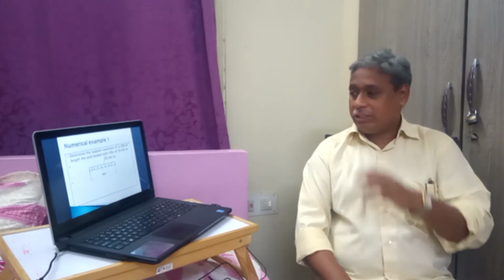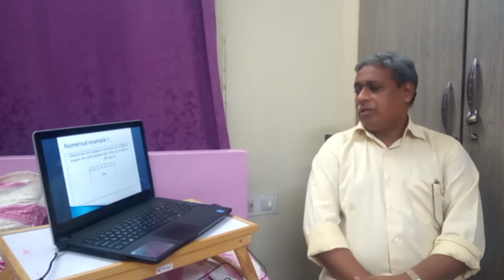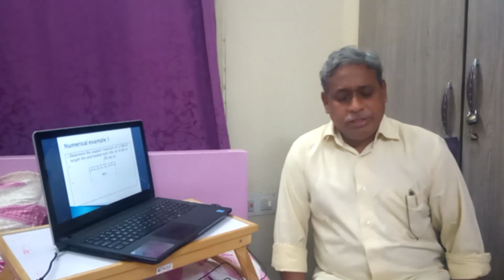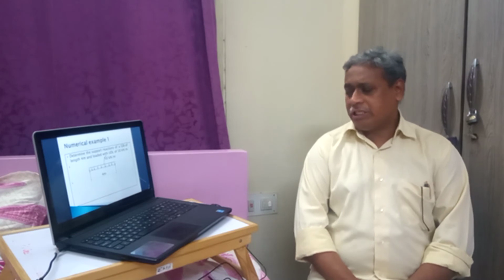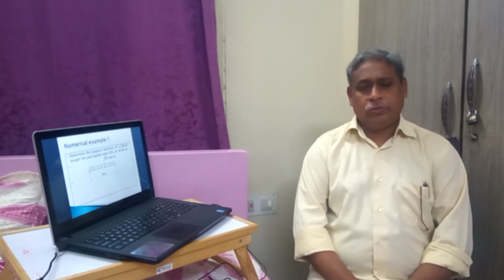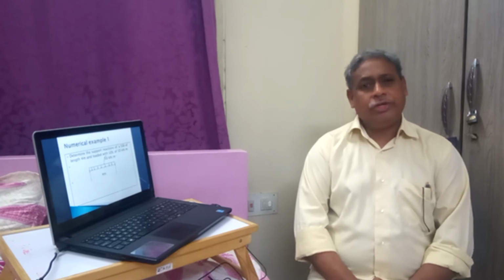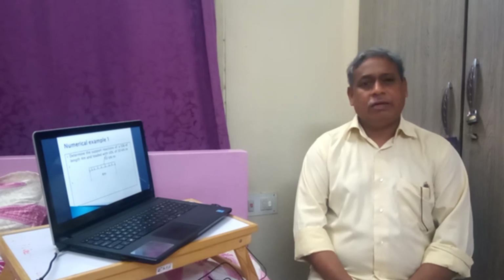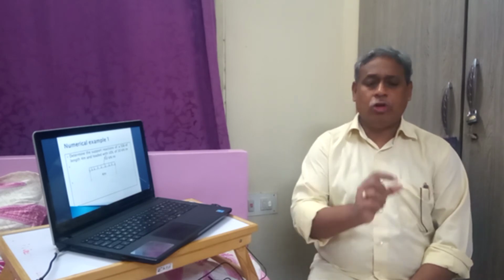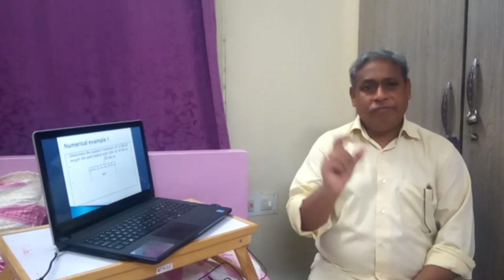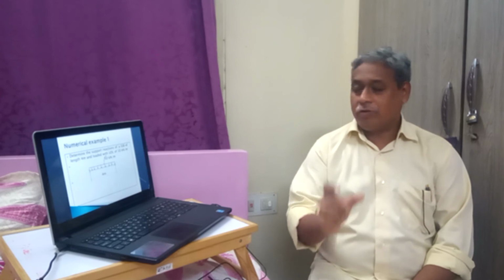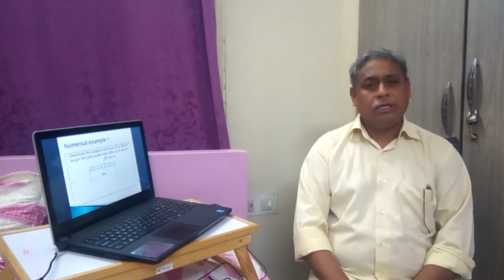Here the load is of 50 kilonewtons, the length is 4 meters. Our aim is to find the reactions by observation, by the symmetry. We know the reactions are half of the load. Many students commit a mistake while converting the UDL into the total load. Here the UDL is given in the form of intensity of loading, that is 50 kilonewton per meter. That is, for every meter the load is 50 kilonewtons. Since there are 4 meters, the load should be 50 into 4, that is 200 kilonewton total load.